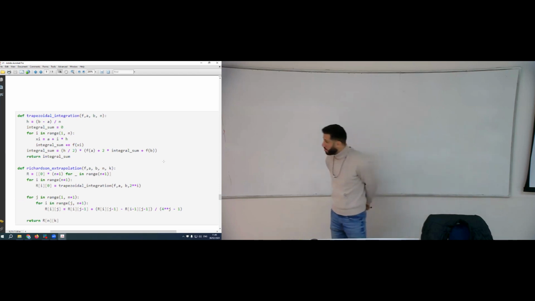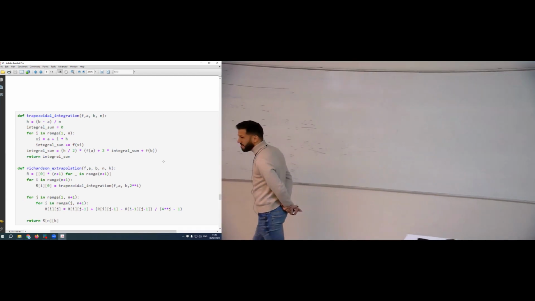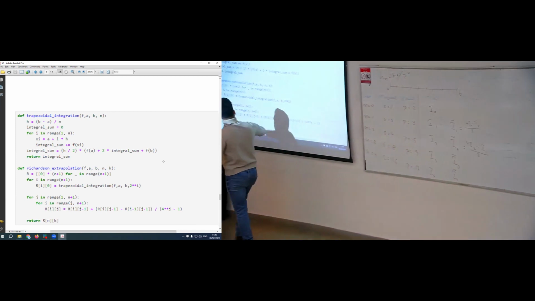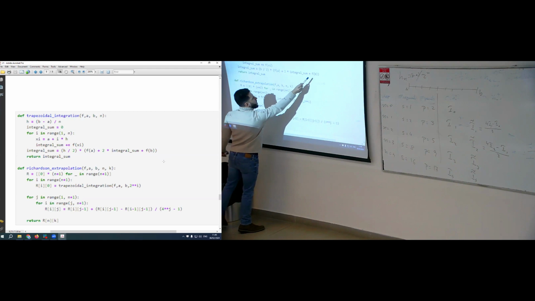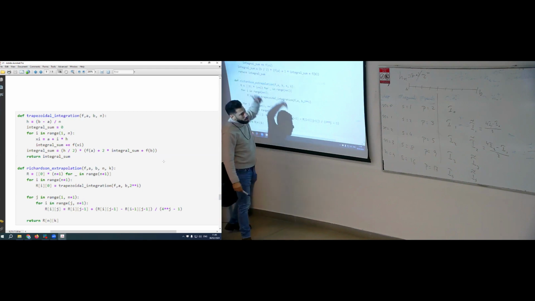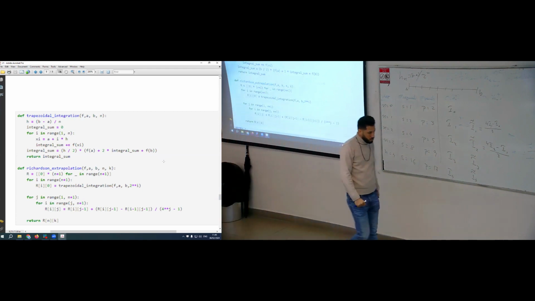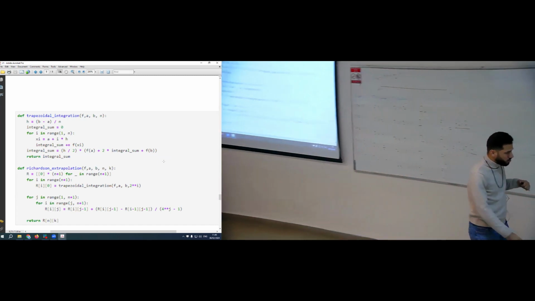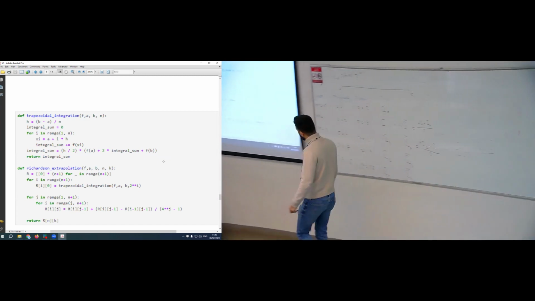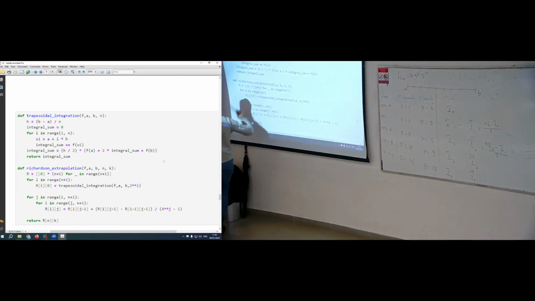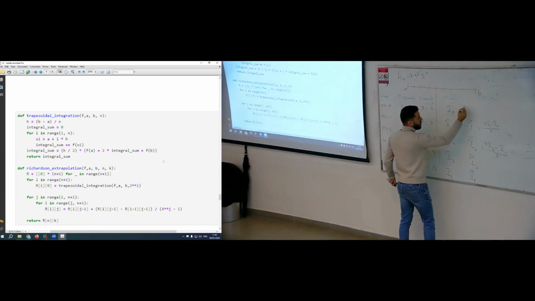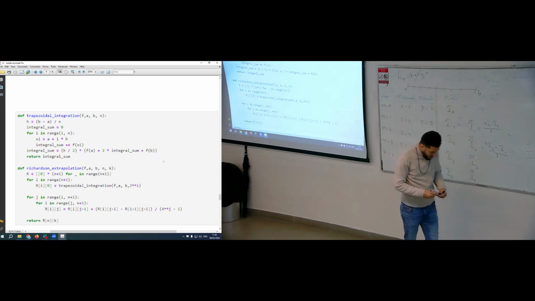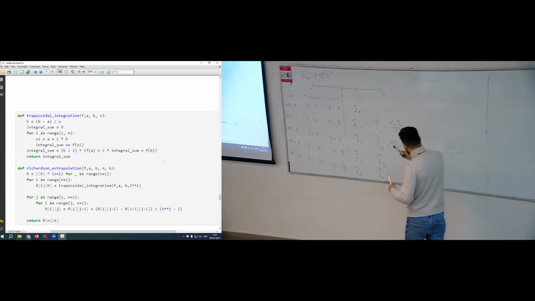So I built here the trapezoidal rule, not recursively, okay? I only solved that it's h over 2, f of a and f of b, and 2 multiplied by the sum. So I made it not recursively. And then I defined Richardson extrapolation using k times. So it's the first extrapolation, the second extrapolation. And as you saw, I changed